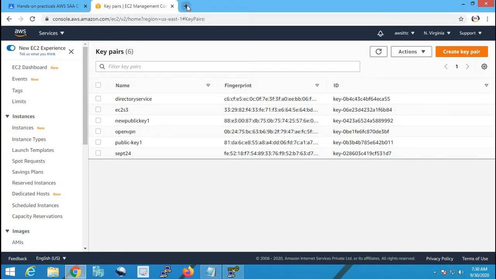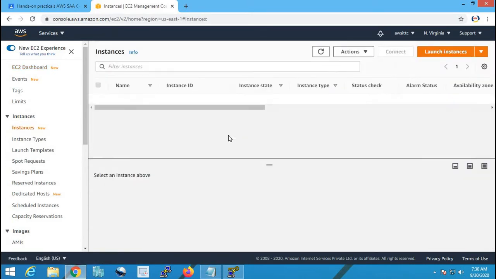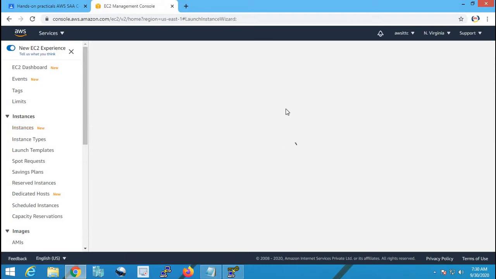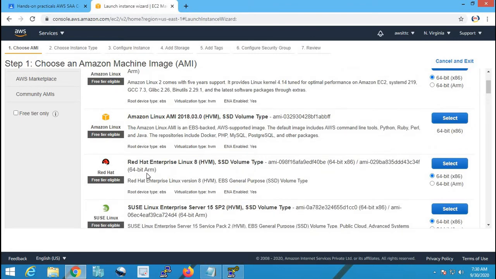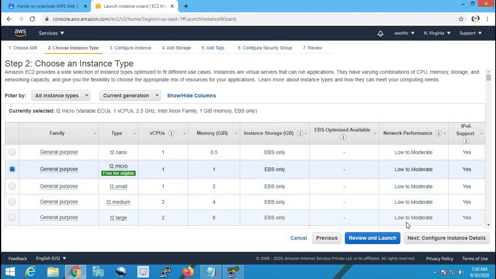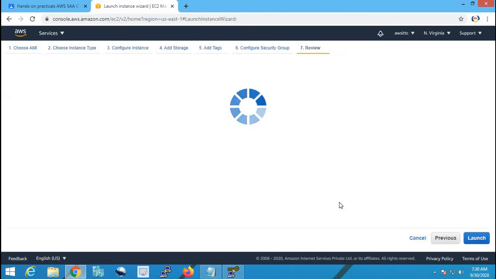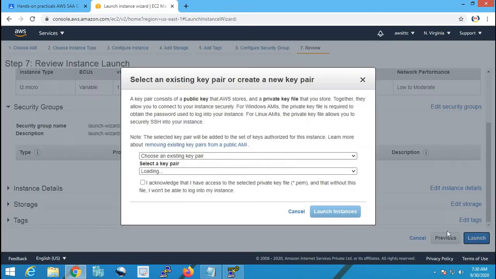Okay, so now let me create one instance, and for that instance let me attach the key we have uploaded or imported. That key I am going to attach to the instance. Let me go to Red Hat Enterprise Linux. You can take any Linux flavor, say next. I don't want any other option to be configured this time. Let me go for all default settings and say launch.